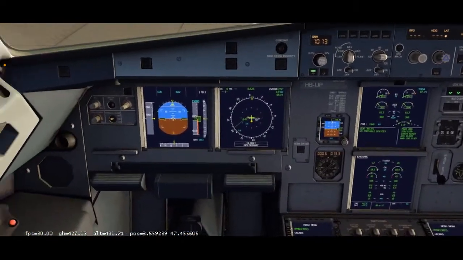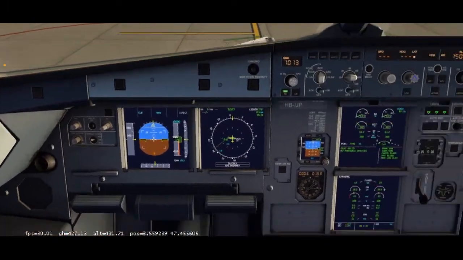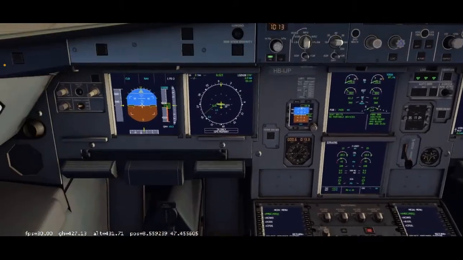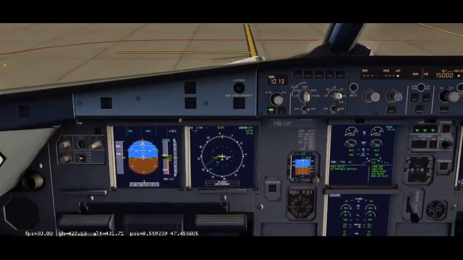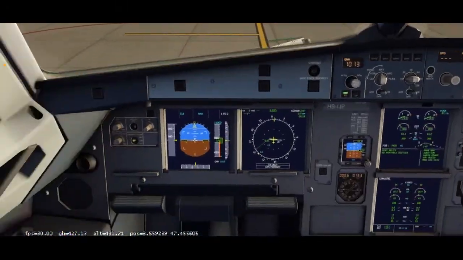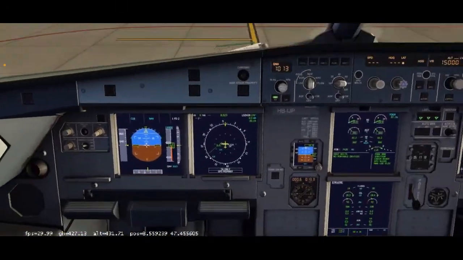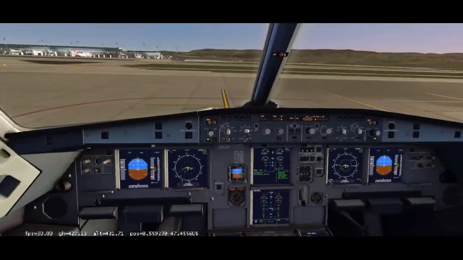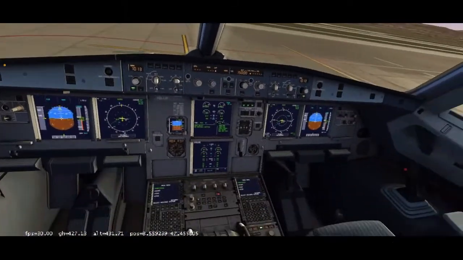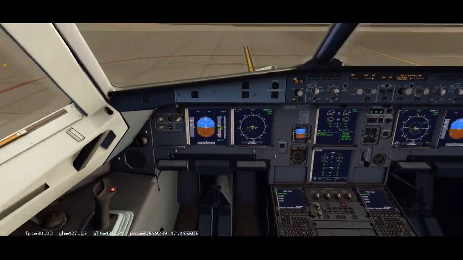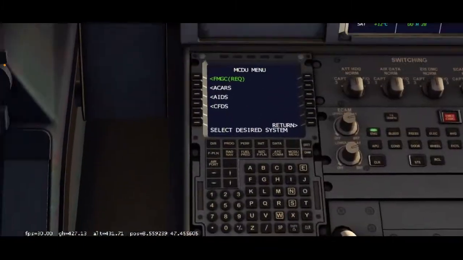Now, usually I'm going to run through this real quick because we are doing an actual flight. I will do a tutorial on the MCDU, but I'm just going to really quickly double-check that everything is working. Do not worry about this part, ladies and gentlemen watching this video later on, not live. We'll do a whole other video on that, which is basically how to start up the A320, right from cold and dark to ready to taxi. But I'm just going to quickly make sure that our flight plan is actually correct.